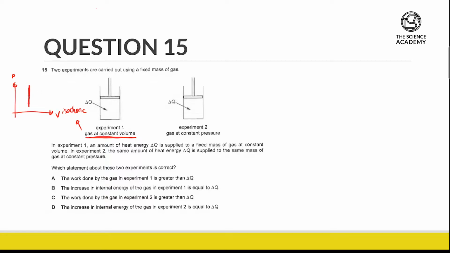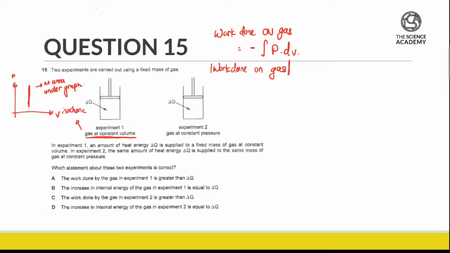And because it's just a vertical line, there is no area under the graph. By now, we should already know that the work done on the gas is going to be equal to the negative integral of P with respect to V. This seems a little bit complicated. Basically, the magnitude of the work done on the gas is going to be equal to the